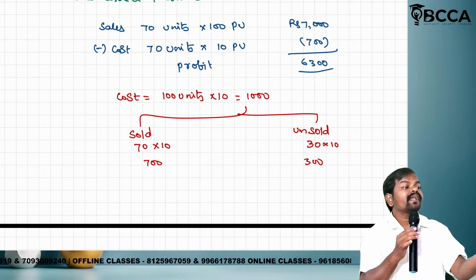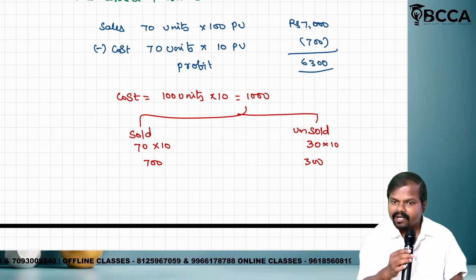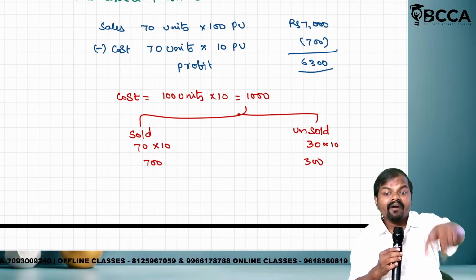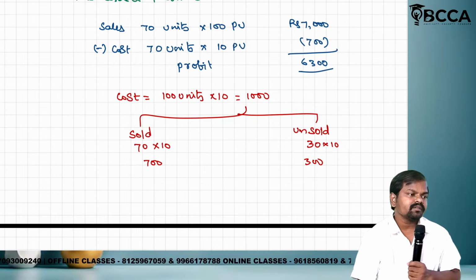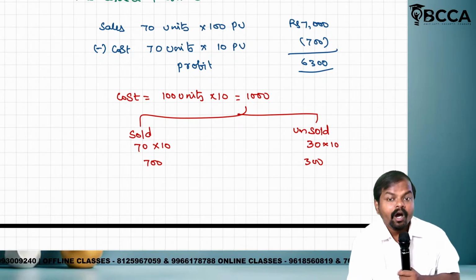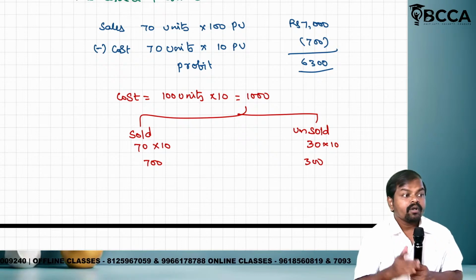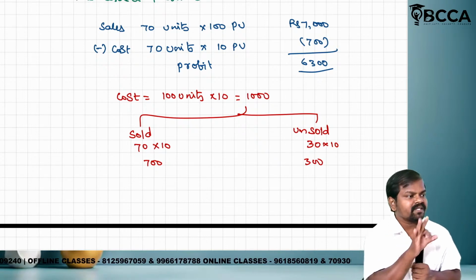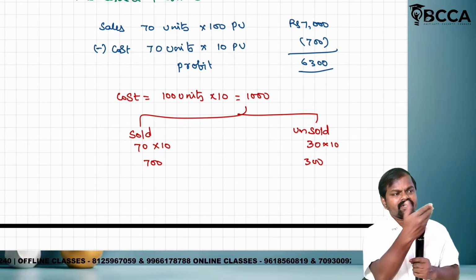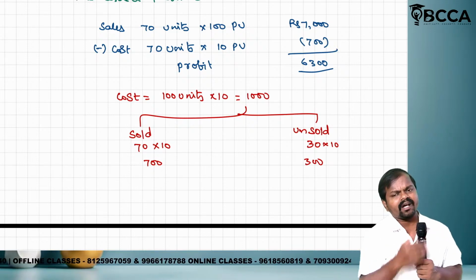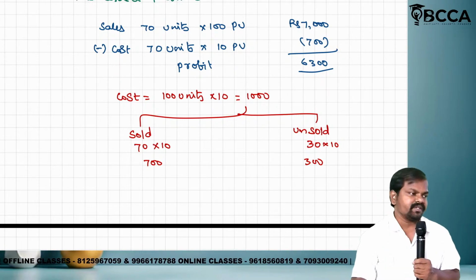Why? Because you have recovered it. Such cost will not be visible tomorrow, in the next period. See, in the view of the organization, how much did they spend? 1,000. How much did you recover? 700. In the next period, how much cost will be there? Recovered cost will not be there; only the cost not recovered will be there. It means only 300 is visible. 700 will not be visible. Why? Because such 700 is adjusted in the last year. If you think in the view of next year.